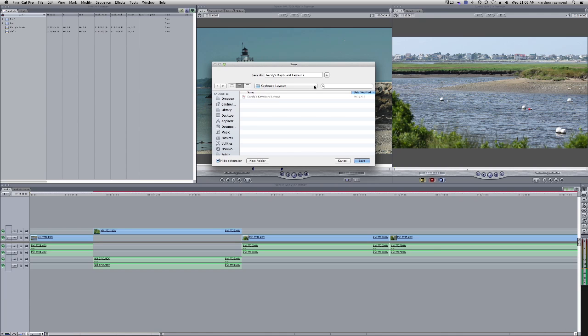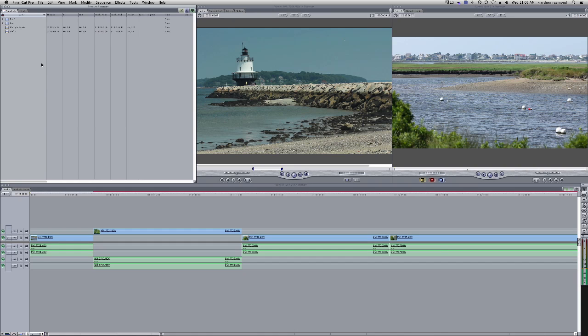And by default, it saves it in the Keyboard Layouts folder, which is in your Final Cut Pro user data, in your Preferences library, and so on. You can save it wherever you want, but keeping it in the Keyboard Layouts folder is pretty good. And you just hit Save. So now I have that keyboard layout saved, which includes my new shortcut for creating a new bin, Control Command